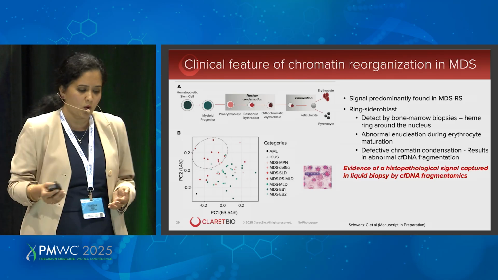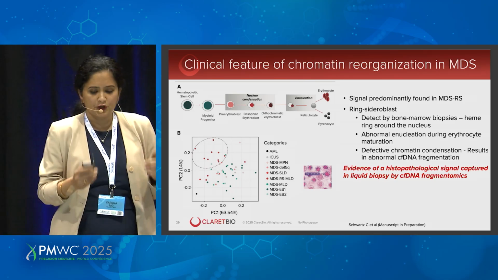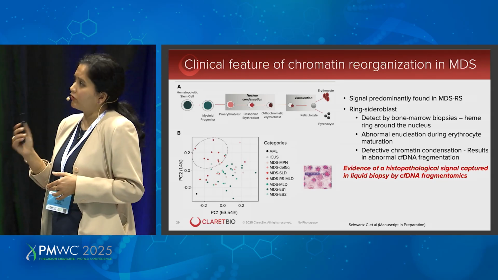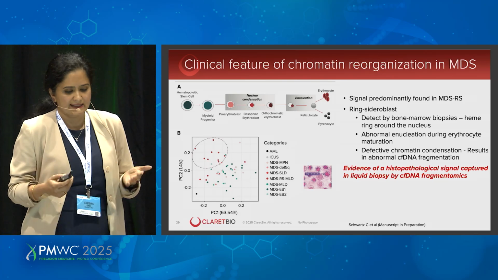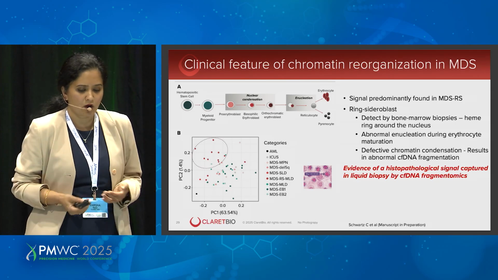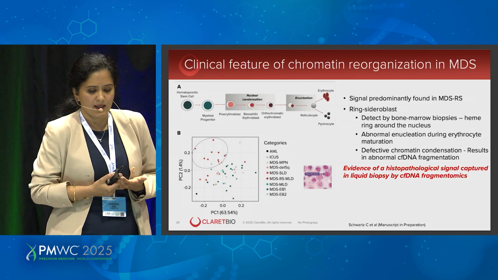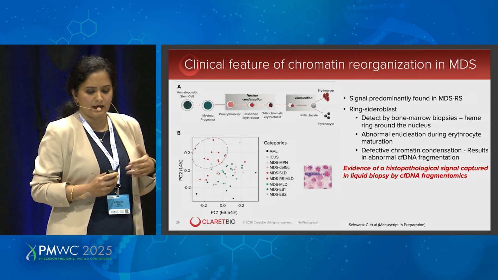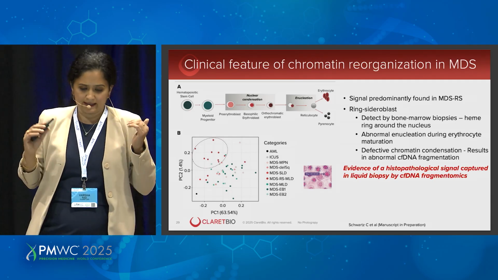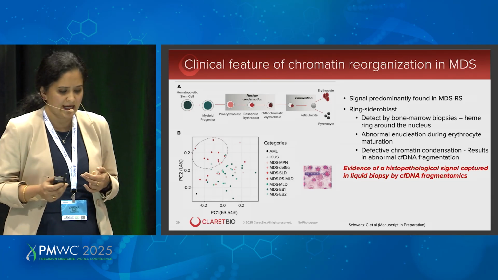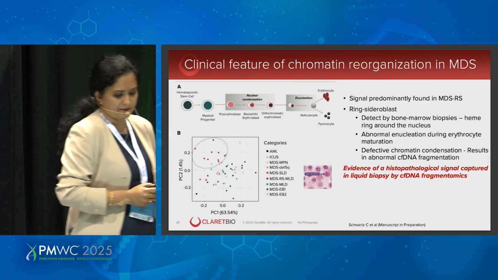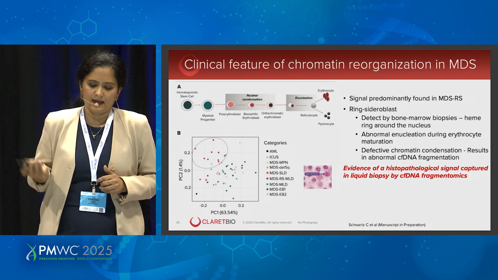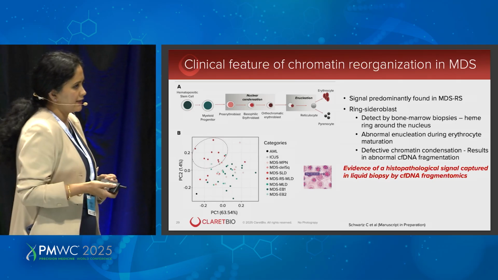Looking further into the cohort, we saw that this signal was predominantly found in MDS-RS, which is a subtype of MDS. RS stands for ring sideroblasts. This is typically detected by bone marrow biopsies, by histopathology, with the heme ring around the nucleus. And this structure is formed during abnormal enucleation during erythrocyte maturation. This is associated with defective chromatin condensation, which in turn results in abnormal fragmentation. Here, what we've shown is evidence of a histopathological signal that has been captured in liquid biopsy by cell-free DNA